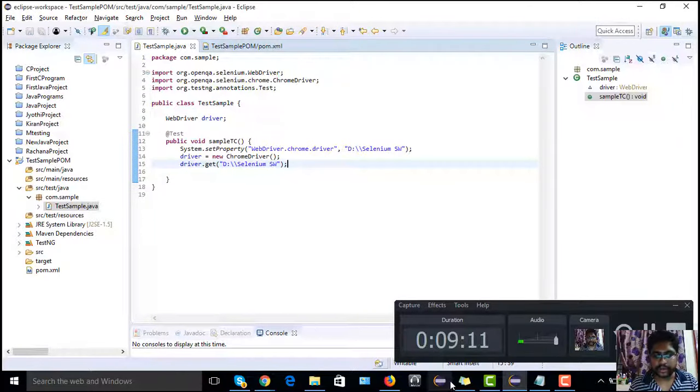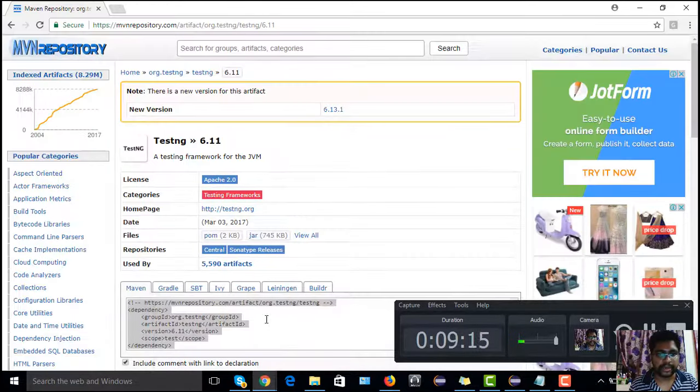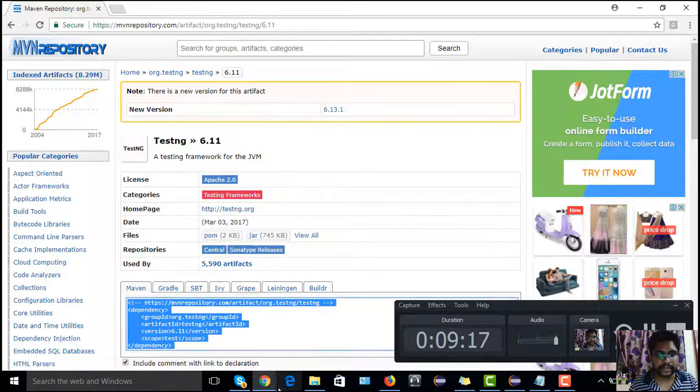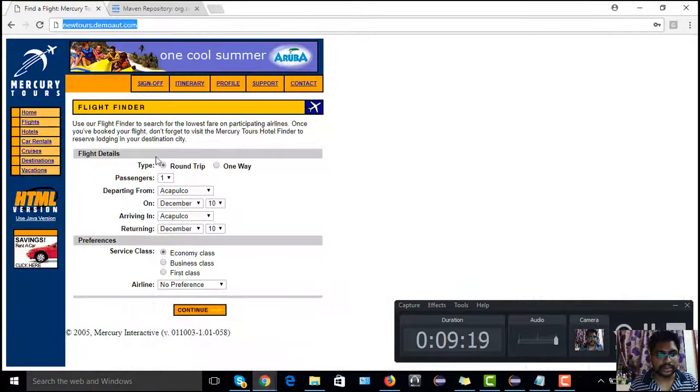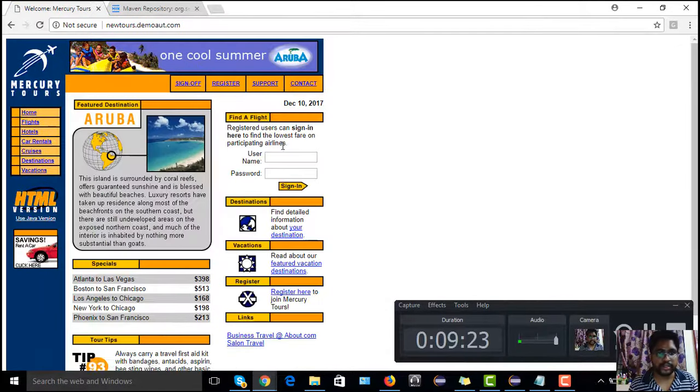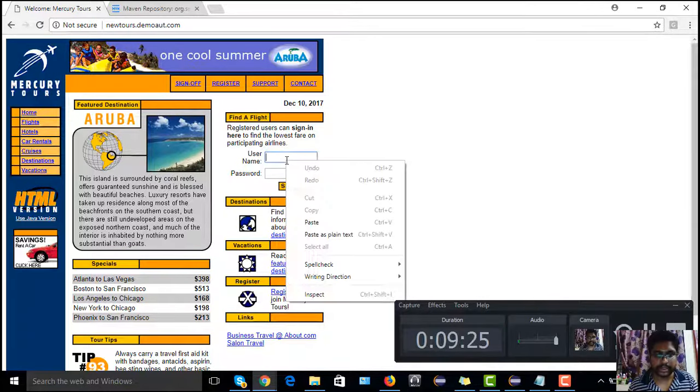So after doing that, I have to inspect my element. Where is it? This one. Yes. So this is my intended username and password. Just inspect it.